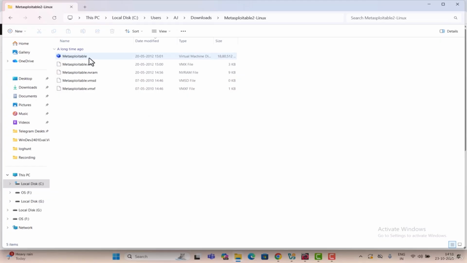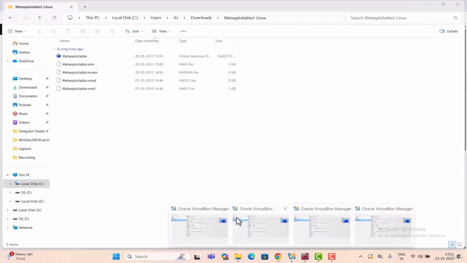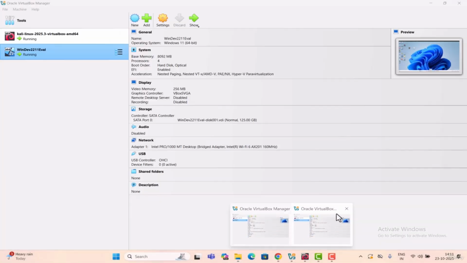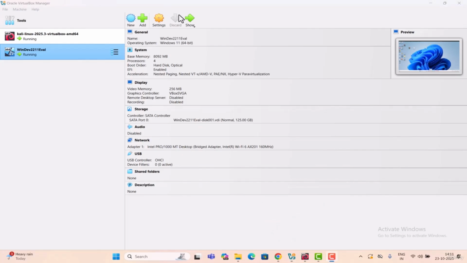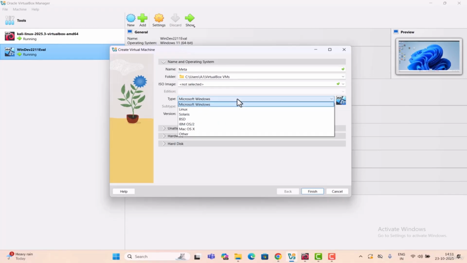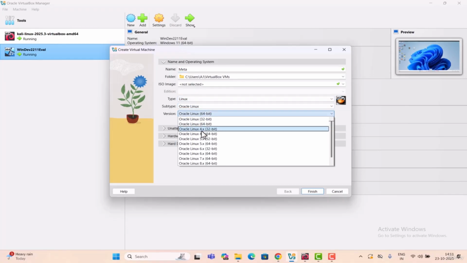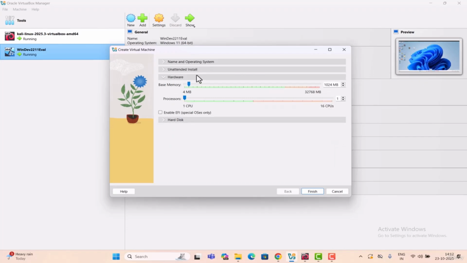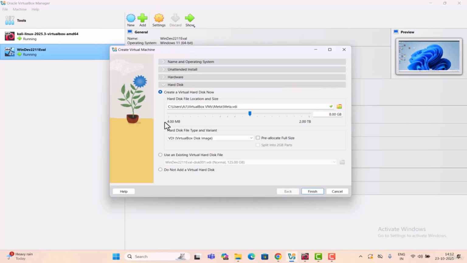Here it is. Let's double click on this. Okay, so we can do it in another way. Let's close the other tabs. Okay, let's go to this one, name it as meta. So ISO image, we don't have an ISO image, and it's a Linux machine. So let me select Linux, and let me give 2 GB of RAM, and CPU 2, and